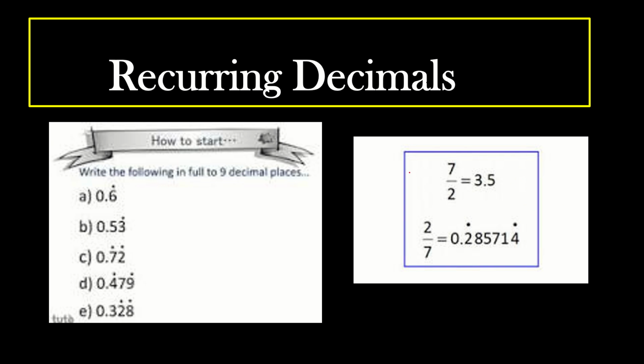So in case you see here, 2 over 5 is just 0.4. This is not a recurring decimal. But when we come to 2 over 7, it's 0.285714, and again it starts as 285714. So the same set of numbers keeps on repeating again and again. Such decimals we call recurring decimals. So let us solve some examples